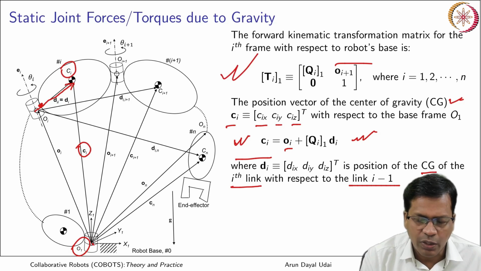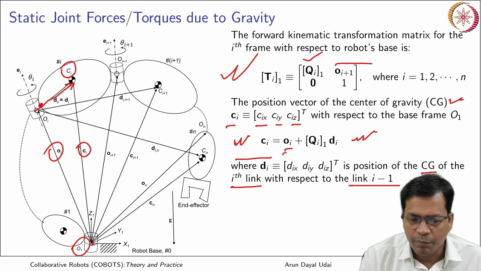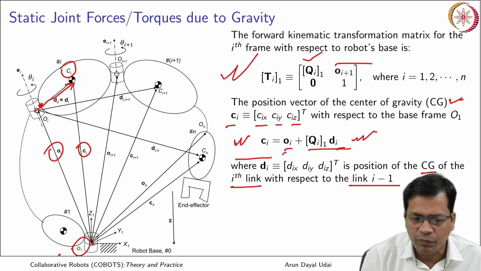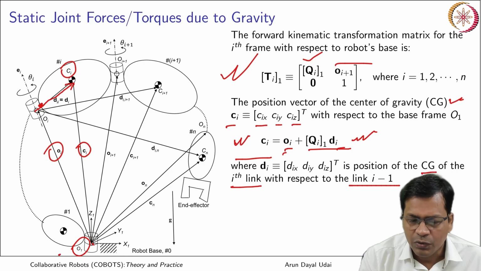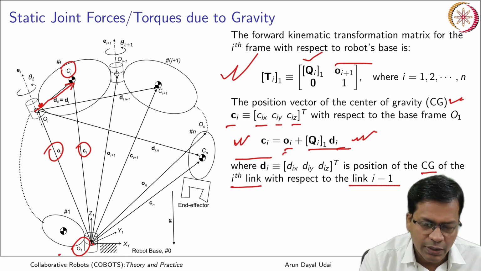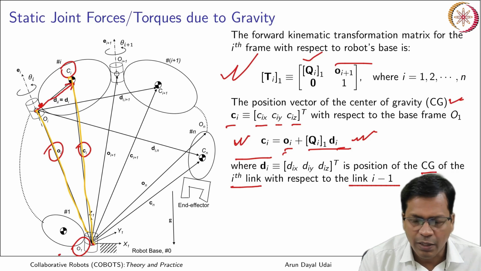Okay, from where you have extracted all the Oi, Oi is known, Qi is also taken from here. Multiply with Di, it gives you the base frame. So all the vectors are in the base frame now. So using this vector triangle, you can calculate Ci. So the center of gravity location is now known with respect to the base frame.